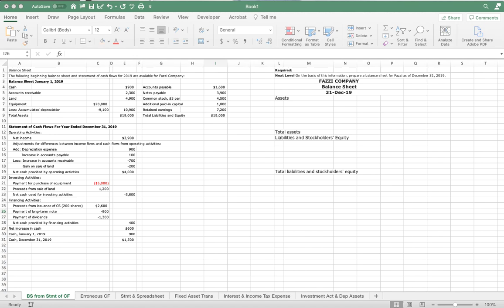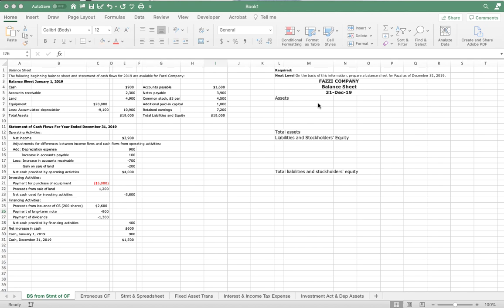balance sheet, a beginning balance sheet, and a statement of cash flows, and we have to work backwards to prepare the ending balance sheet for the year. So the following beginning balance sheet and statement of cash flows for 2019 are available for FASI company. Then we have our balance sheet and our statement of cash flows. And then over here on the right, on the basis of this information, prepare a balance sheet for FASI as